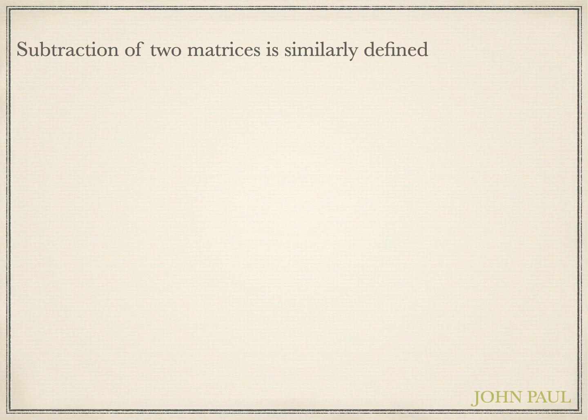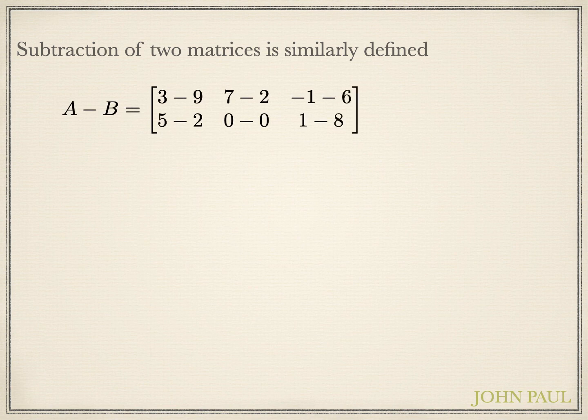Subtraction of two matrices is similarly defined as addition of matrices. That is, A minus B equal to subtract the matrix, the order remains the same, so directly we can subtract it. And the matrix is minus 6, 5, minus 7, 3, 0, minus 7.